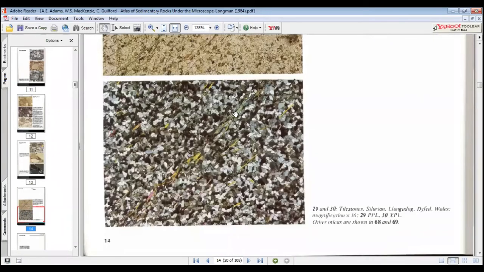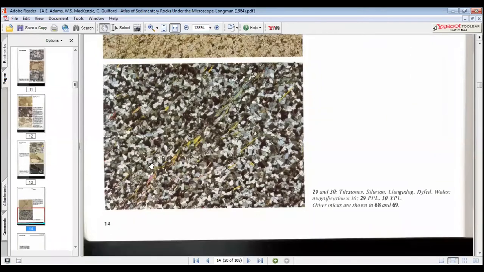Here we have the same micas, and you can see different interference colors, especially the birefringence color. And as you guys remember, based on the birefringence color, we can also identify various minerals, and you can also notice widely available quartz in the thin section that is also scattered here and there.